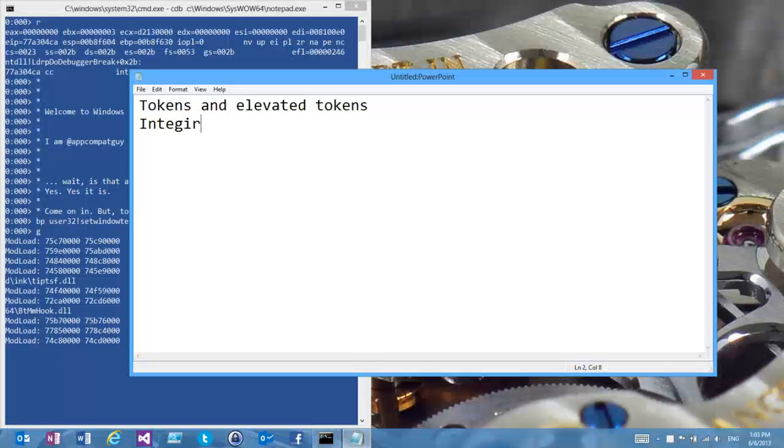We're going to talk about integrity levels. We're going to talk about UIPI, or User Interface Privilege Isolation, and how that works with the system. And then we're finally going to get into capabilities and AppContainer SIDs, and app containers in general. I mentioned that 8.1 is going to add child app containers, and there are new scenarios for that. We can branch into a little bit of that. But this is really laying the groundwork for the directionality of Windows security.